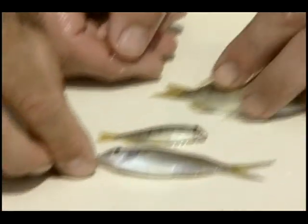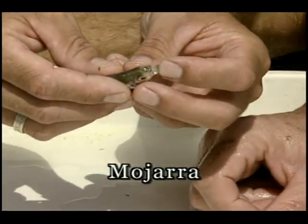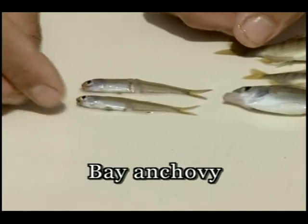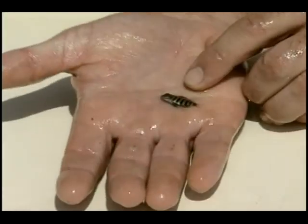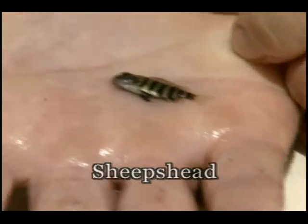dorsal and pelvic fins. We also looked at a mojarra, which possesses a mouth that extends downward as an adaptation for feeding on the bottom, and some minnow-like bay anchovies, which form large schools and feed on plankton in the water column. Another category we looked at was juvenile sport fish, which included the boldly striped sheepshead and the spotted